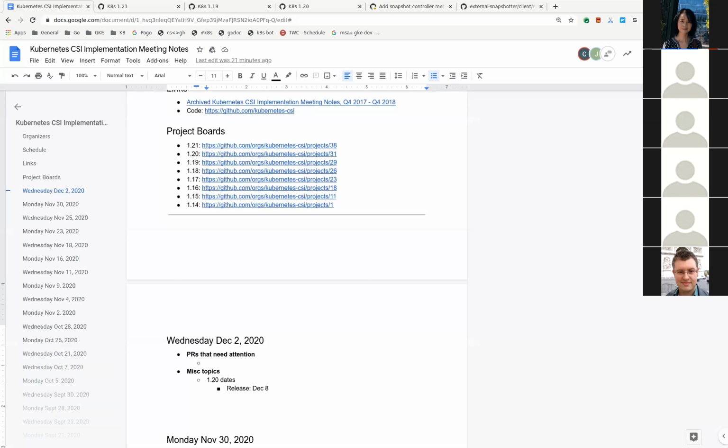I guess for the graceful shutdown case, does that assume that you're doing a drain first? No, it doesn't talk about drain. It's just about Kubernetes detecting that you're trying to do a shutdown command. They're actually talking about how to detect the specific command or signal to shut down a node.